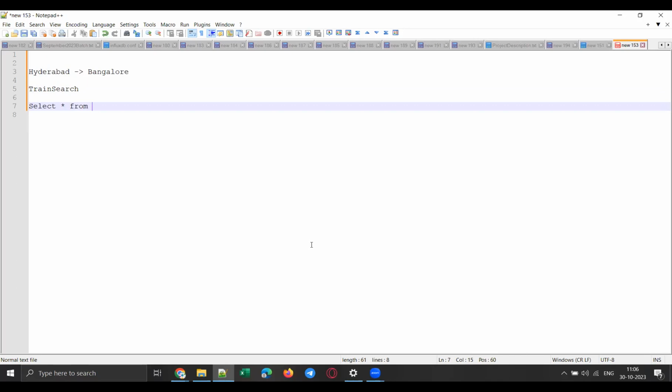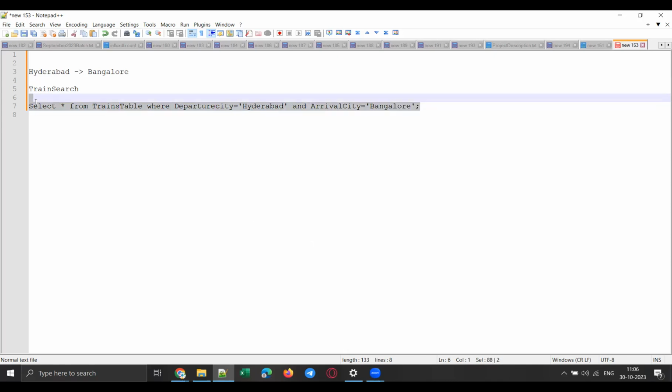Select star means select all the trains from the trains table where departure city is equal to Hyderabad, and arrival city is equal to Bangalore. Now a query will be running. There will be some Java code inside which some query